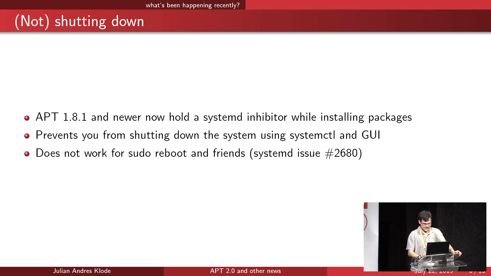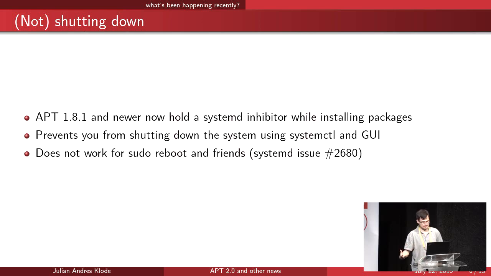Another thing that was happening recently was that people were saying, oh, we're installing updates and we're now running a reboot at the same time, and now our package manager is broken. So yeah, if you reboot while you're installing packages, that's going to happen. So I introduced an inhibitor in apt 1.8.1.